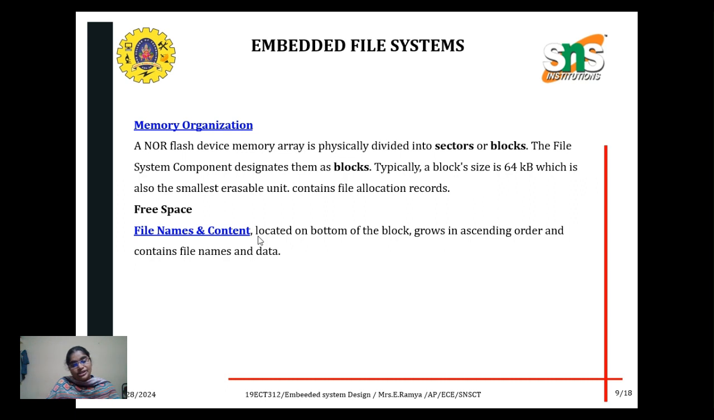So let's concentrate on memory organization. Here we are using a NOR flash device, with memory physically divided into sectors and blocks. NAND flash is divided into sectors or blocks. The file system component designates them as a block. Typically, a block size is 64 kilobytes, which is also the smallest erasable unit. Next one is the free space. File name and content are located on the bottom of the block, rows in ascending order, and contain file name and